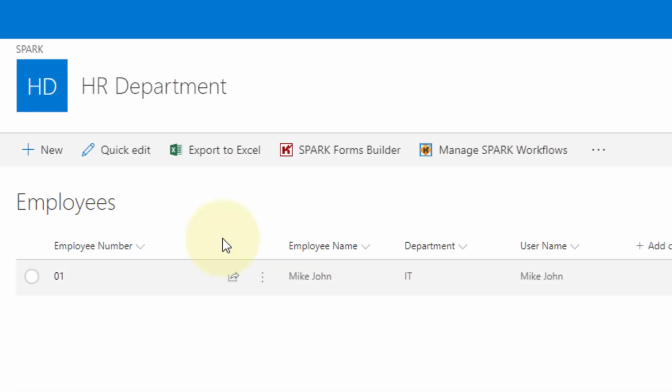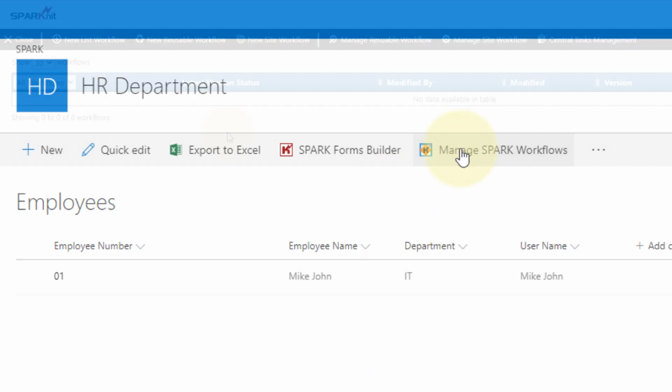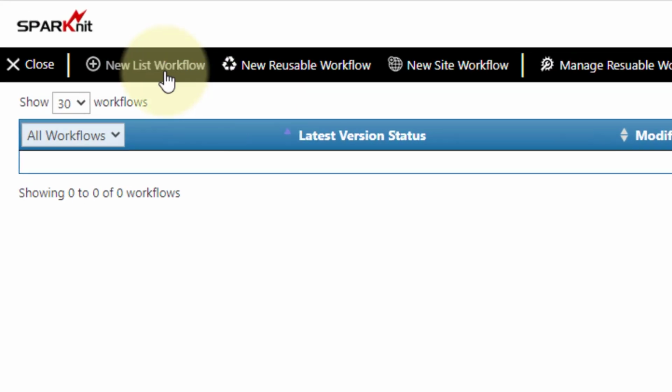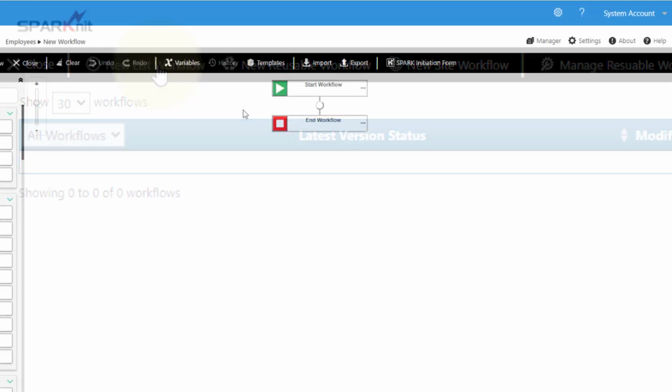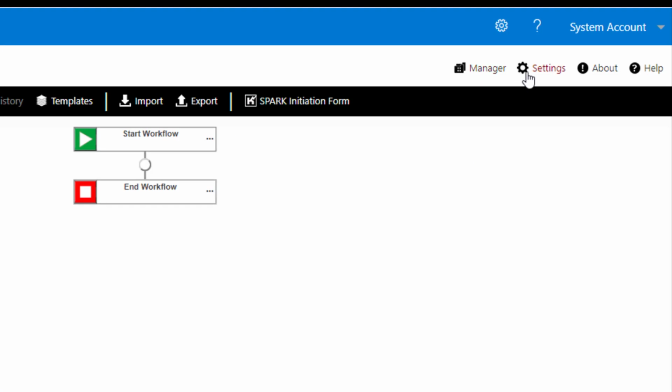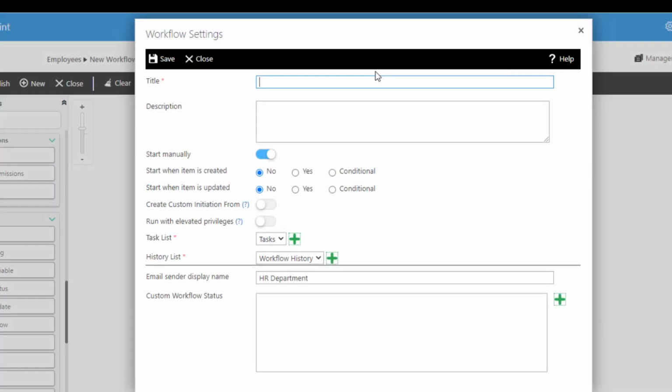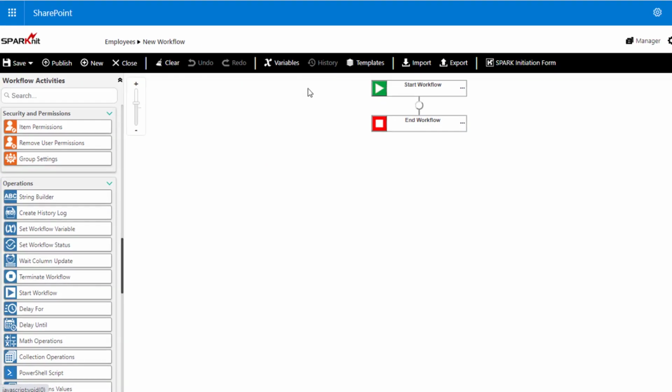From the list that you want to add the workflow for it, open Spark Workflow Designer. Create a new workflow. Set the workflow settings. If you are interested in how to create workflow in detail, you can watch the tutorial video listed in the description below. To create and delete SharePoint groups, in addition to adding or removing members, SharePoint users, to or from